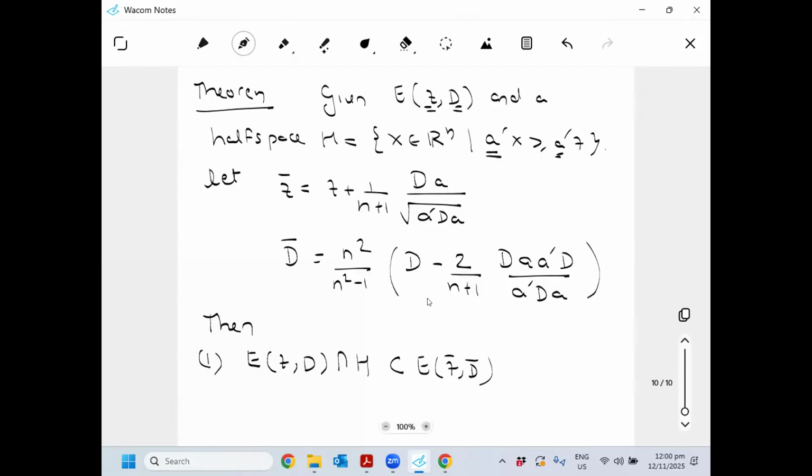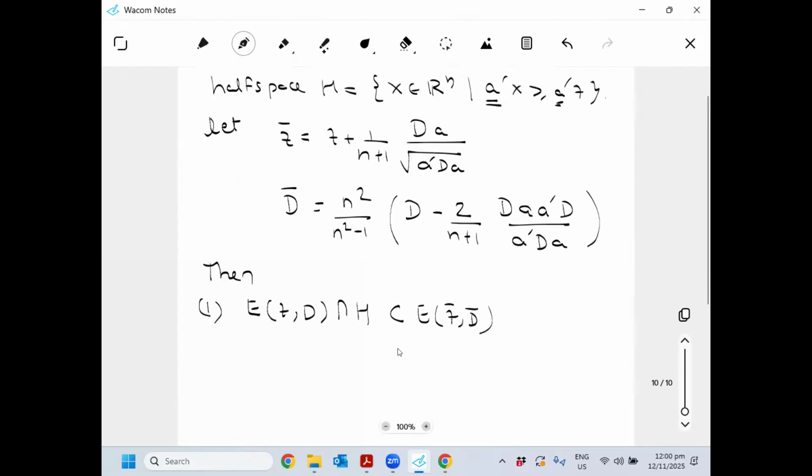Okay, which is that figure I showed you previously. I took an ellipsoid, I took the half space, I looked at the intersection, that is contained in the new ellipsoid which I drew. Okay. Second, so that's the formula. Second, the volume of this new ellipsoid